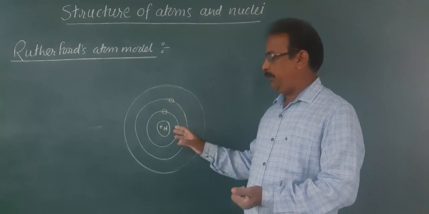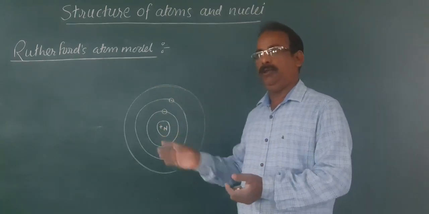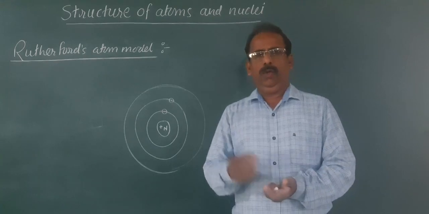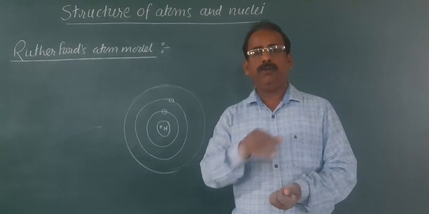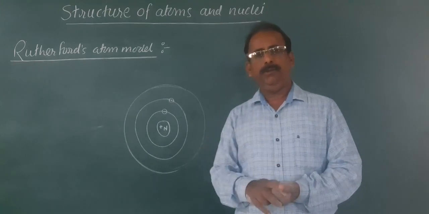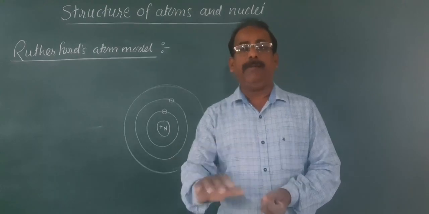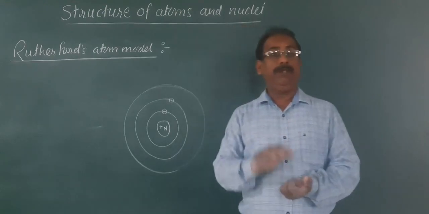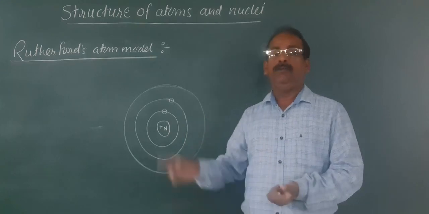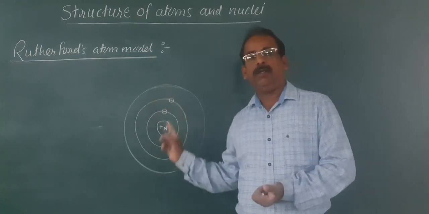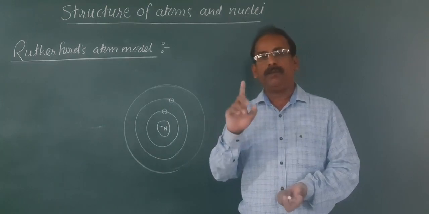According to Rutherford, the maximum mass is concentrated inside the nucleus. Very little mass, in the form of electrons, is revolving around that nucleus. The major portion of this atom is empty space, and therefore, in the Geiger-Marsden experiment, the observation is that 99.9% of alpha